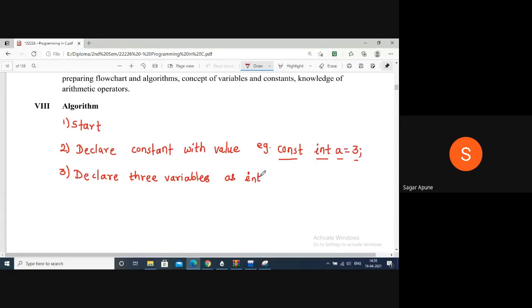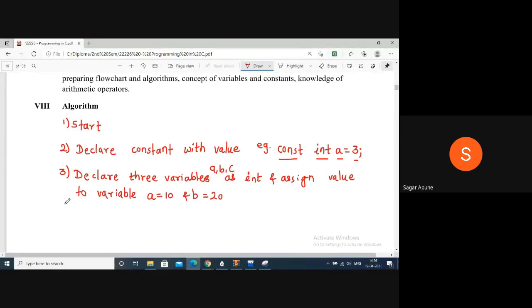Okay, and assign value to variable a equal to 10 and b equal to 20, and you have to declare 3 variables as a, b and c.